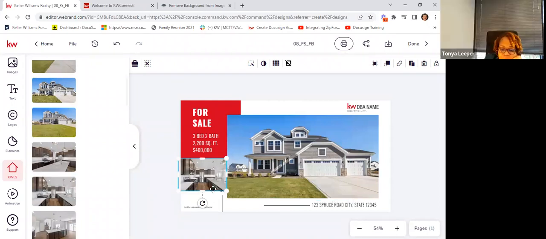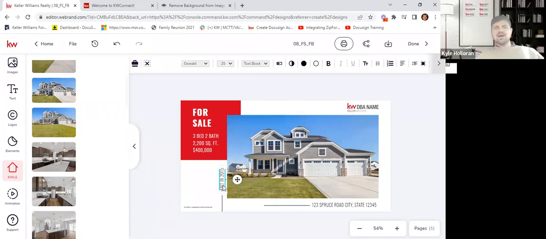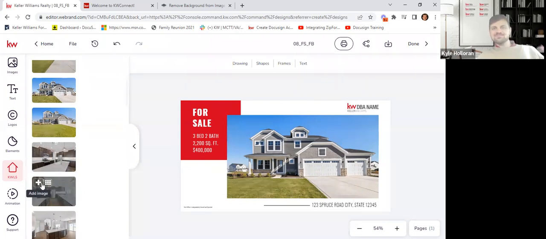You could say, hey, I think this "built in 2015" thing being upside down is stupid. I don't like it. Okay. You can highlight it. You can delete it. There it goes. Gone. Delete the line. And now I could add in that photo if I wanted to. Which is kind of cool.